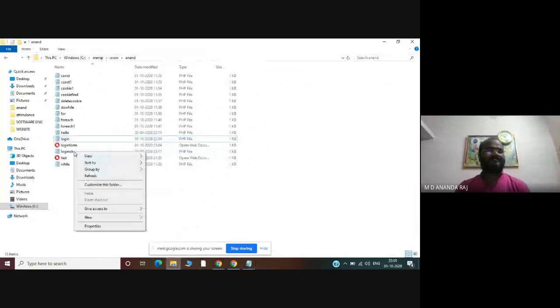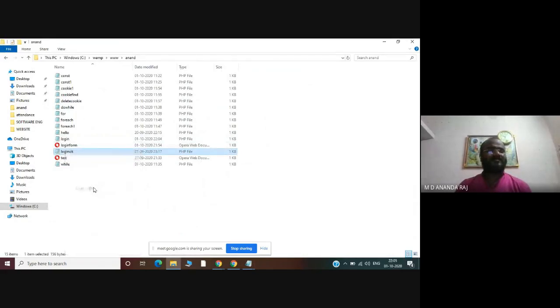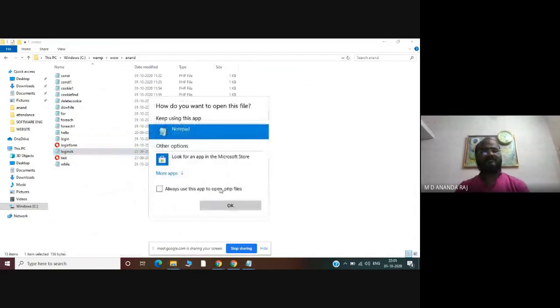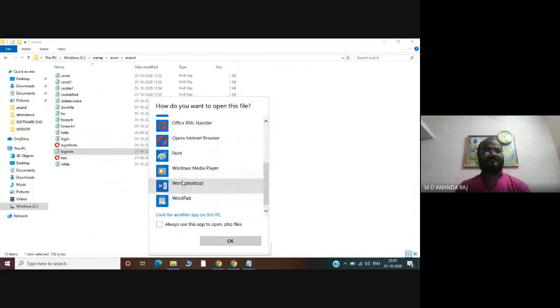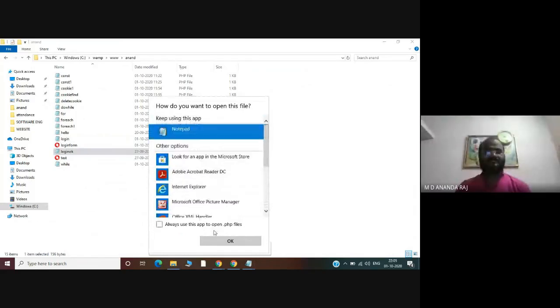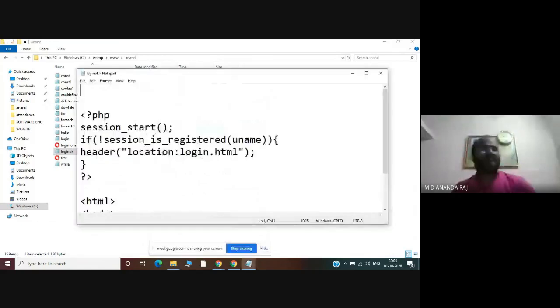You need one more file, that is login.ok.php. This is a simple file where you are having the message login successful. Open with the less-than symbol, question mark, PHP starting tag, session underscore start. This session underscore start is used to start the session for that particular user.